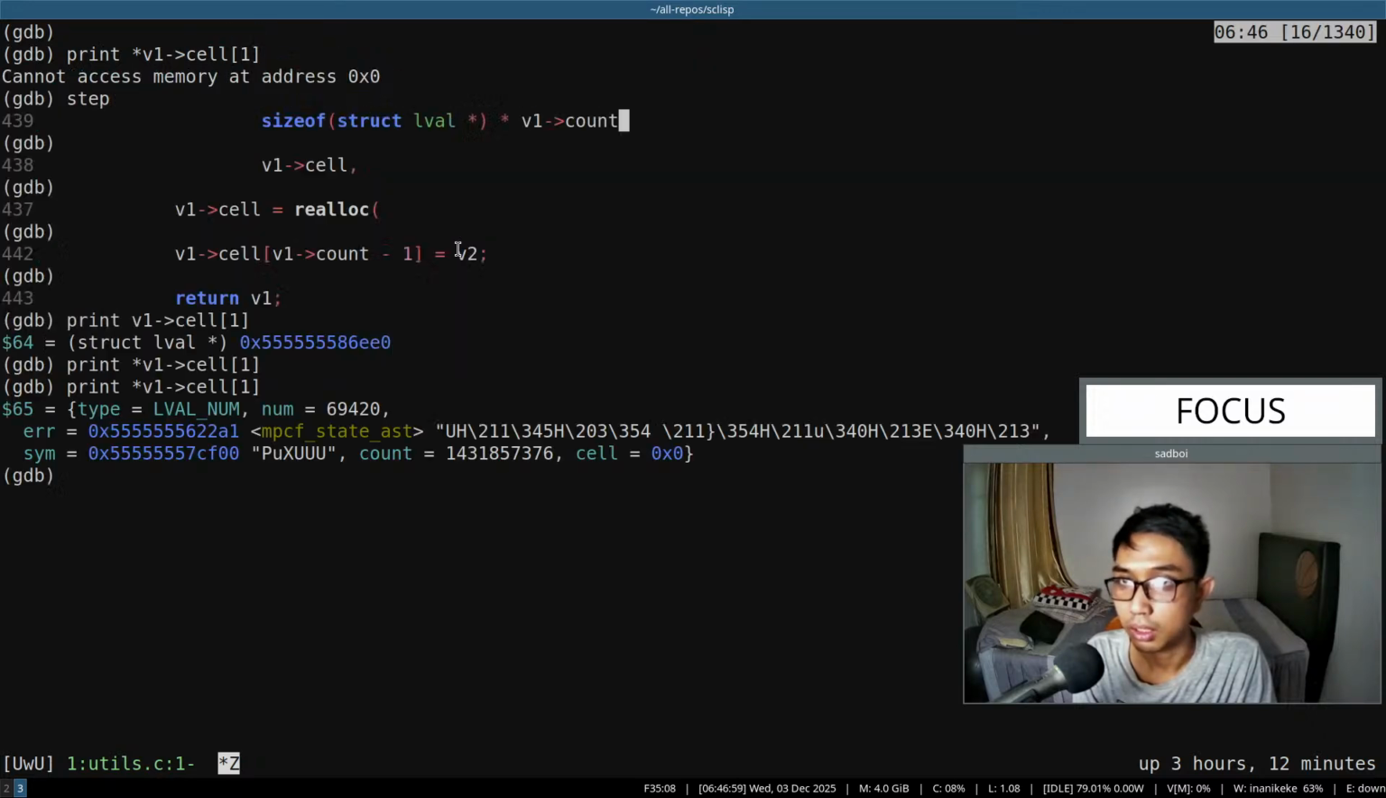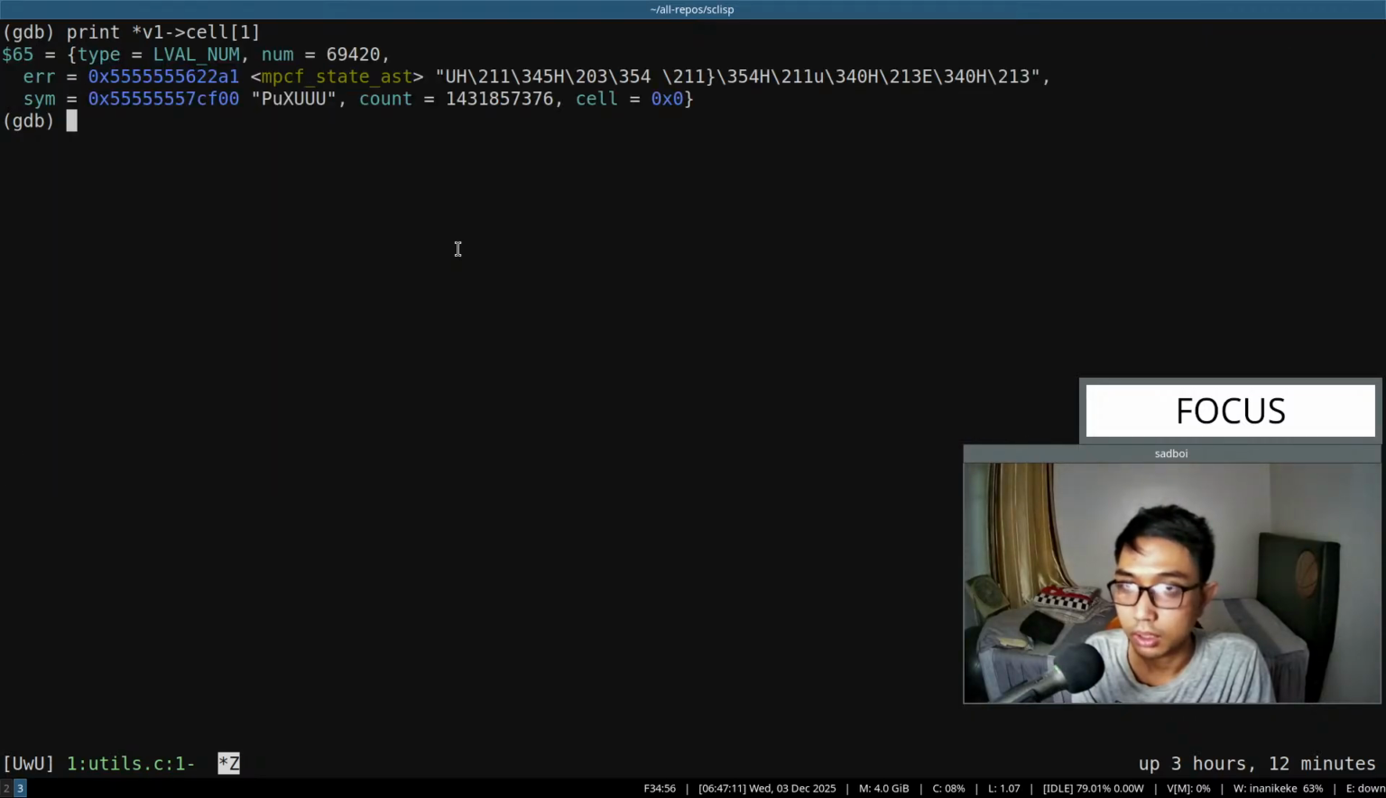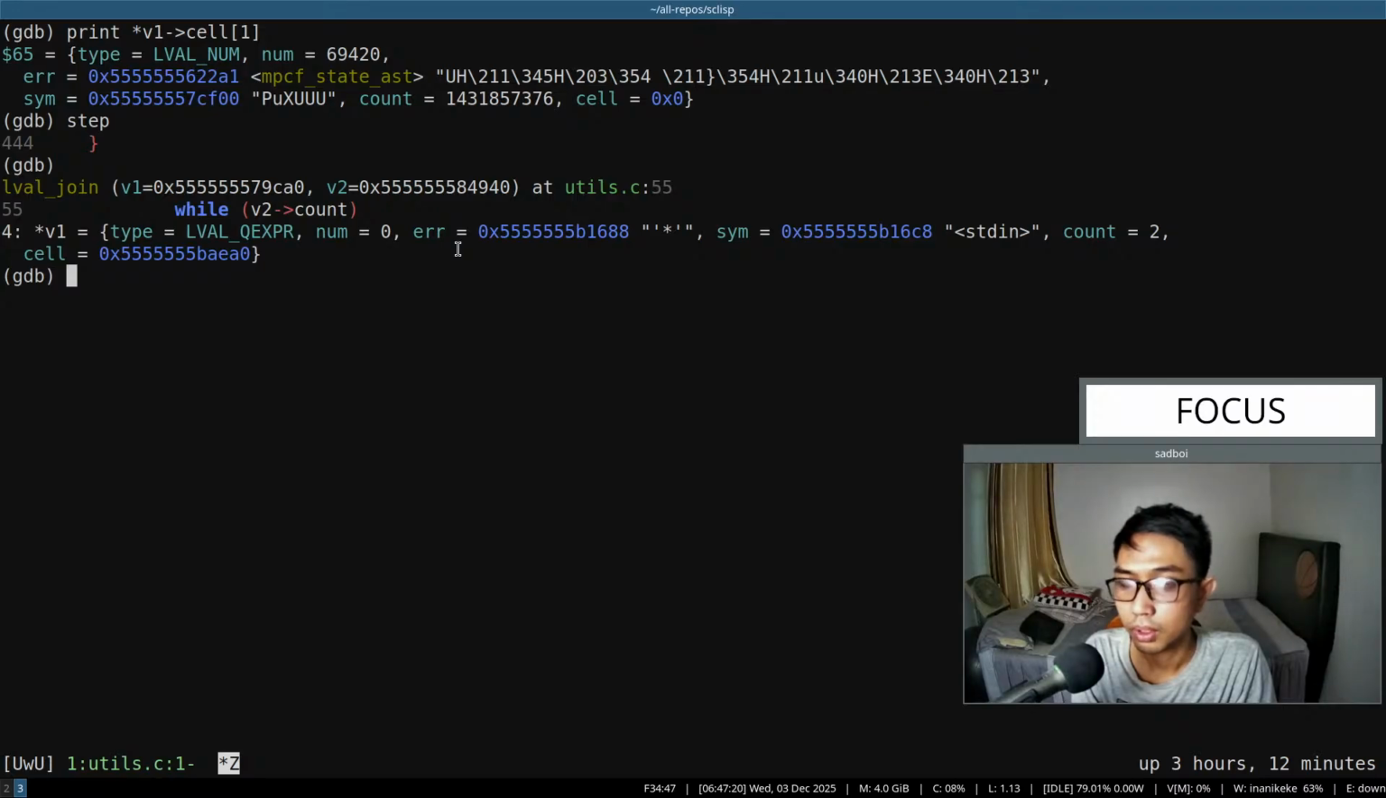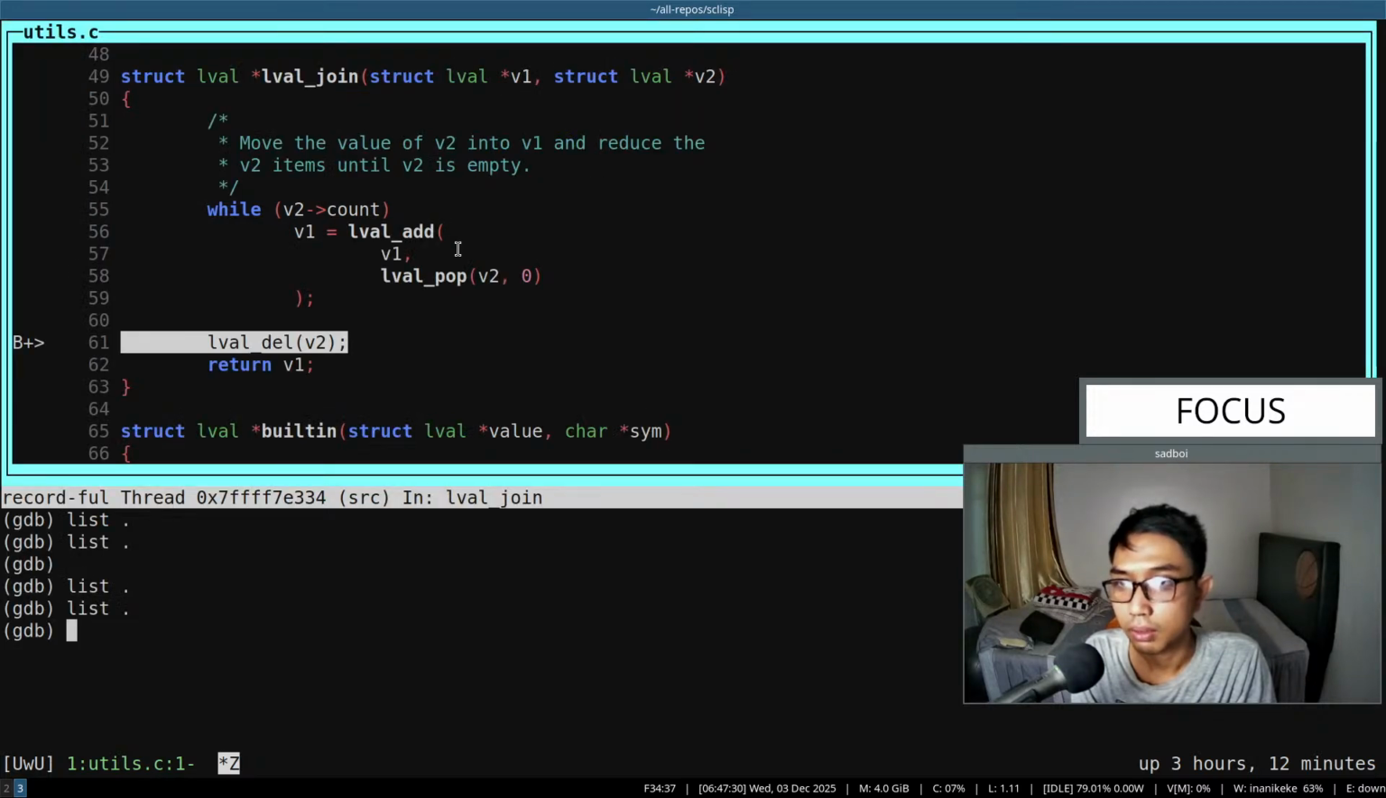Okay, we are entering the value of V2 into the V1 index. The new V1 index, okay. And then step. We are at 155. Okay,